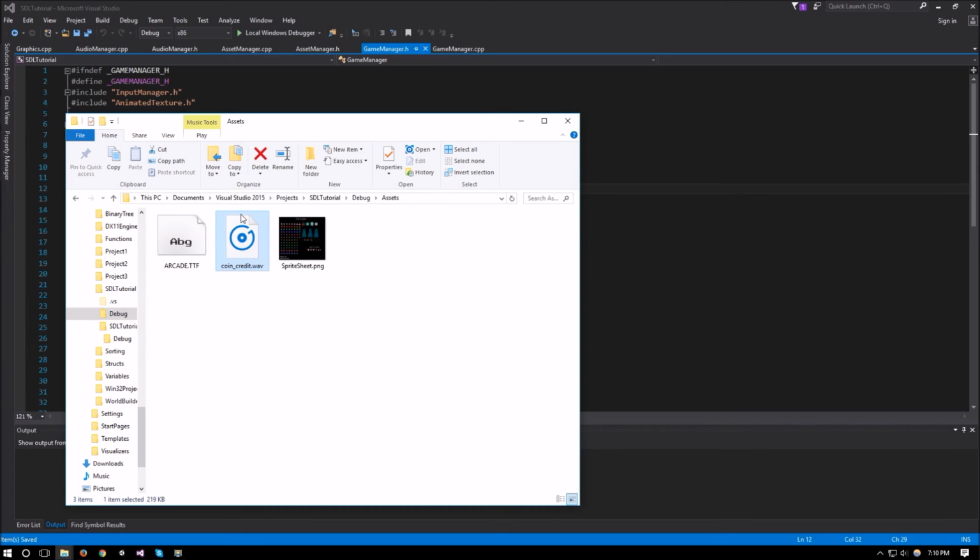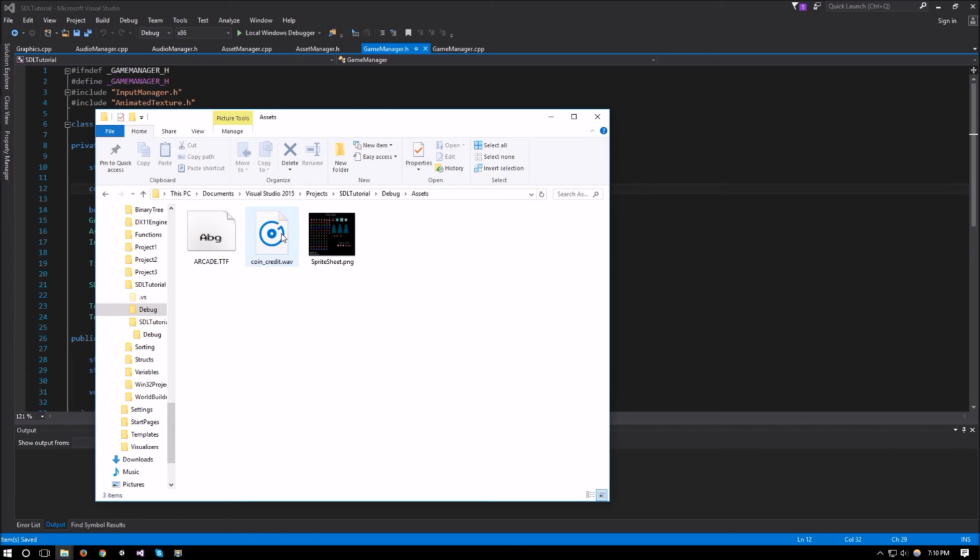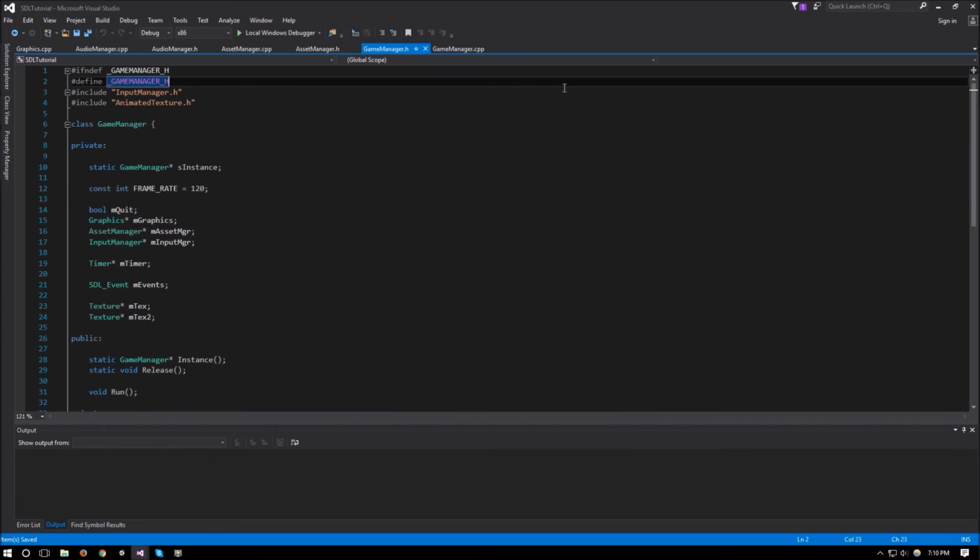So I've found it, by the way, you can only load WAV files using SDL, so it would be pretty good to find a WAV file that you want to use. Most of the time though, using WAV files is faster than using let's say MP4s or MP3s, because you don't need to do any encoding. So I have one WAV file here,